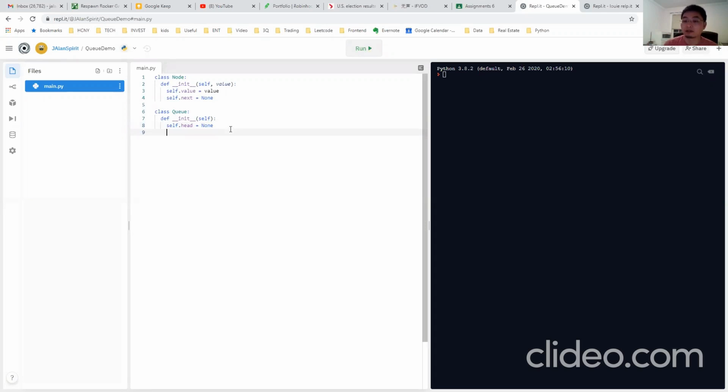Victor, what other property do we need here for a queue? Think about that. Self and next? No, we don't need next. Next is on the node level. A node needs to know who its next is, but the queue doesn't. The queue needs to know who its head is. That's enough, but there's another property we need to remember, which we need to change every time we change the queue. What's the property name?